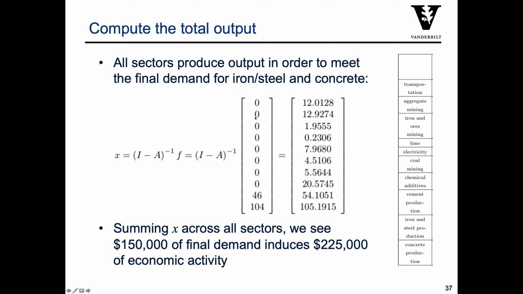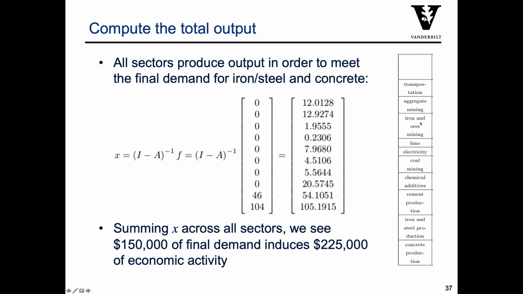And where would it be the most impactful? If a $150,000 road generated $225,000 worth of economic activity, maybe if I had just invested it all in the transportation sector, I would have got even more economic activity. Or if I invested it in the iron and ores mining sector, maybe I would have gotten